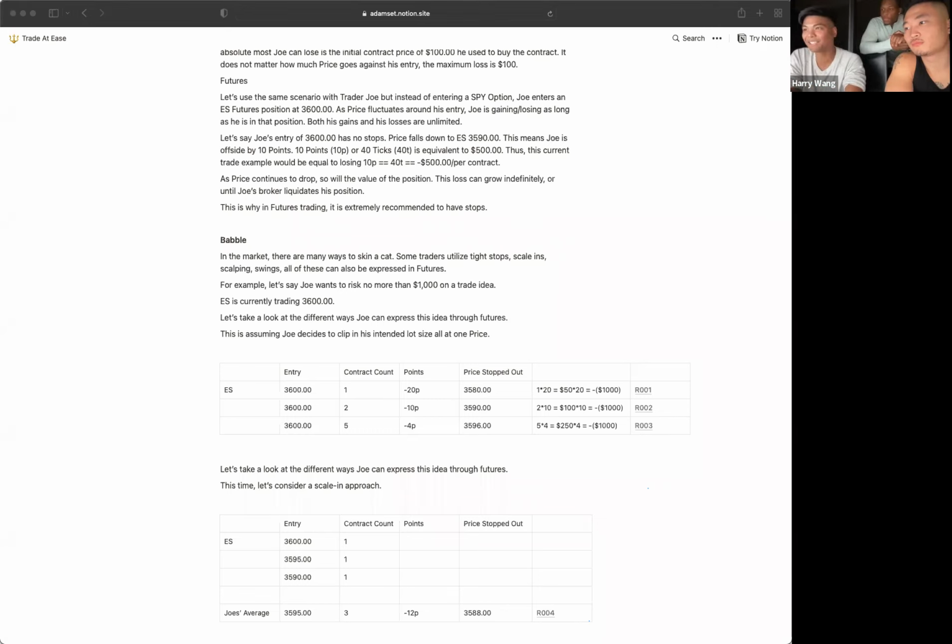Makes sense. Okay, I think it'll be better expressed if I go into this example. That's a tricky question, so I'm going to go ahead and start that. What I'm trying to say is that there's many ways to skin this cat. So look, for example, at 3,600, you go long one ES contract with a 4-point stop. You're risking